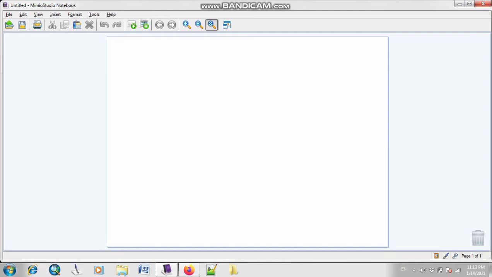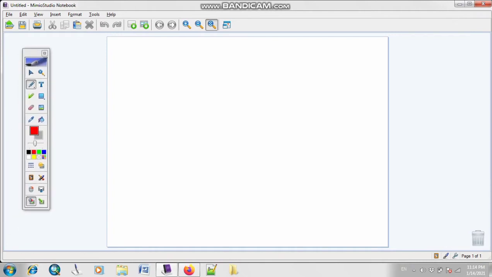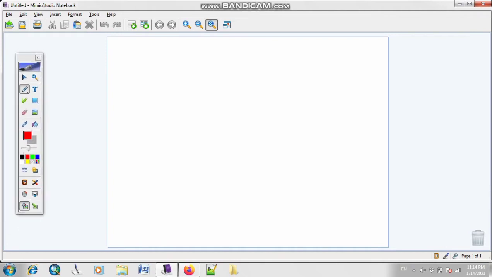How you can write over here, right? Basically you just have to use some tools. You should have some pencils, you need colors, you need different shapes, you need some tools. Okay, so basically we need some tools for typing, for editing, for erasing, for writing something over here, or drawing something. So for that purpose, as you can see, there is an option of tools. So you have to click here, and then this is the option Mimeo Tools. Okay, so it will appear on your left screen, on the left side.